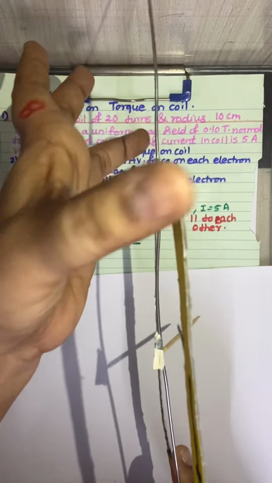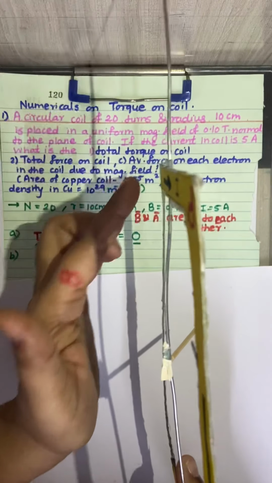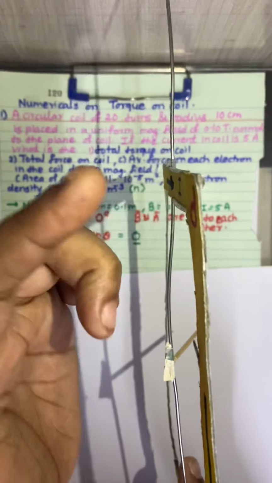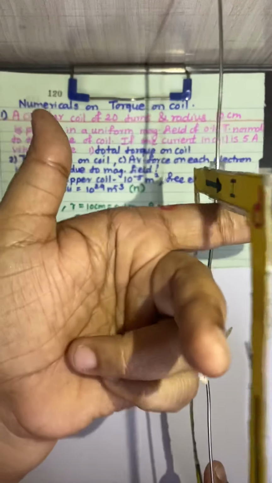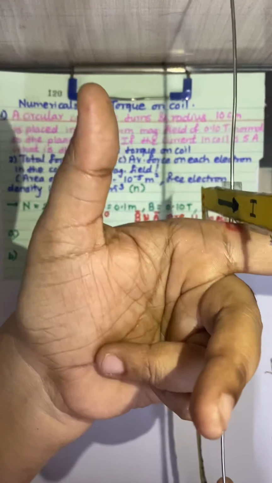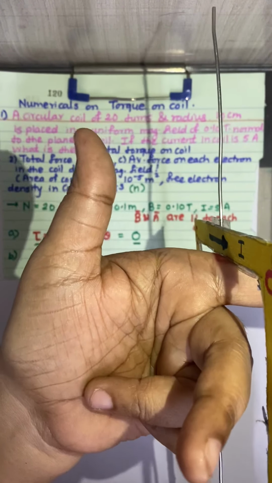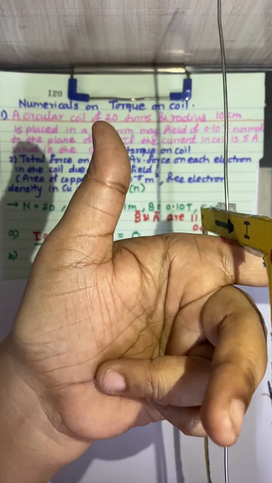Similarly, for this particular vertical arm, the current is flowing, suppose, in the upward direction, and I can say that here the magnetic field is in this direction. So I'm considering this vertical arm, isn't it? For that, this magnetic field is in this direction. You can see now the thumb is in the upward direction, isn't it? So this thumb shows the direction of the force.